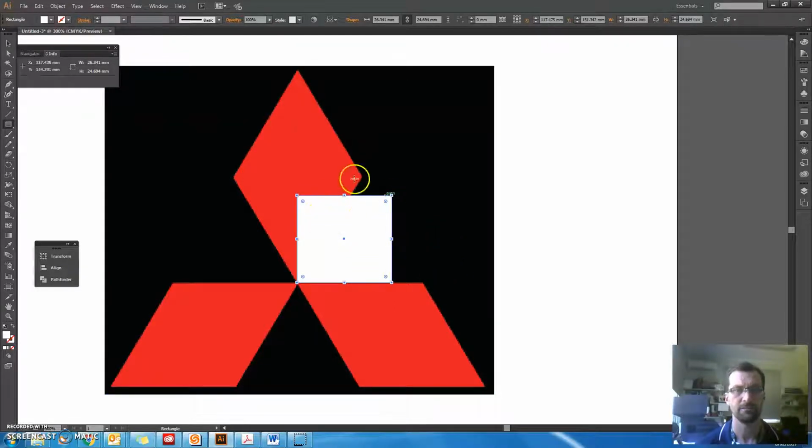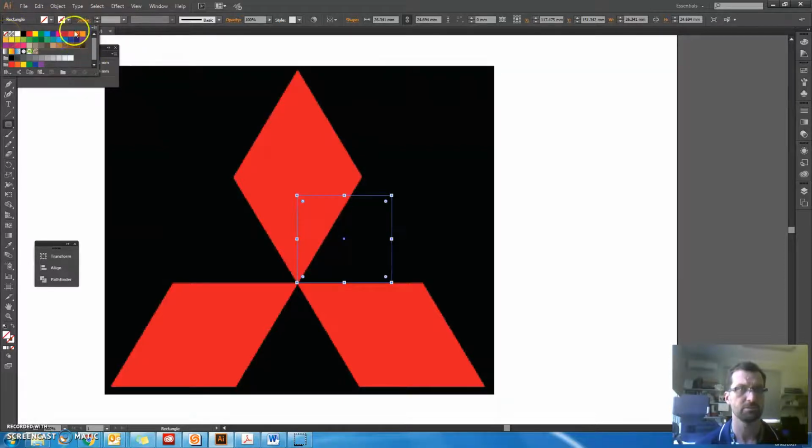You'll notice it's white and it's got no stroke. So that we can see it, we're going to make the fill, which is this left one, no fill, so you can see through it. And we'll make the stroke yellow so we can see what we're doing. Okay, so we've got this